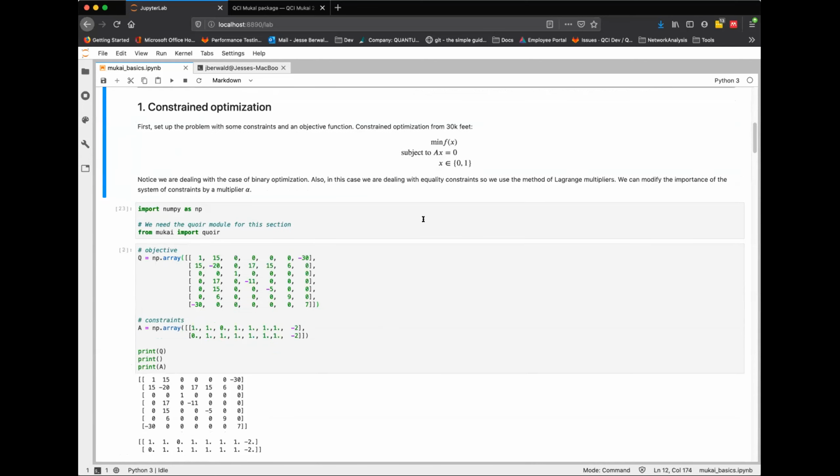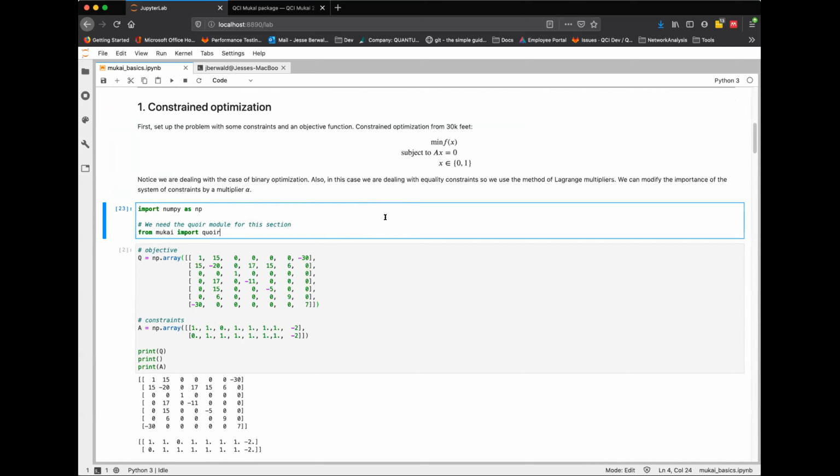Okay, so as with anything numeric in Python, we're going to start by importing NumPy. And we're also going to import our Qiskit IR package, Coir. So Coir is basically constrained optimization, and the IR is an intermediate representation. Intermediate representation is the technical computer term for when we want to turn something like a graph into a form that we can actually manipulate and make more efficient on the back end.